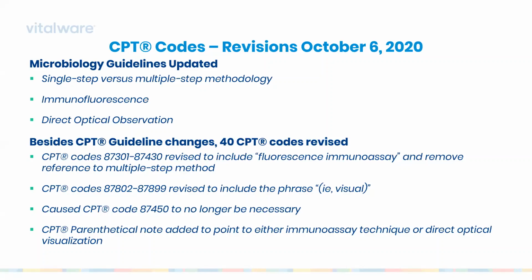And the important part of that is that the fluorescence is identified using a microscope. So the CPT editorial panel determined that the non-microscopic immunofluorescent techniques really do not need to be included in that family. So the code range for the 87301 through the 87430 were revised to include the phrase fluorescence immunoassay and